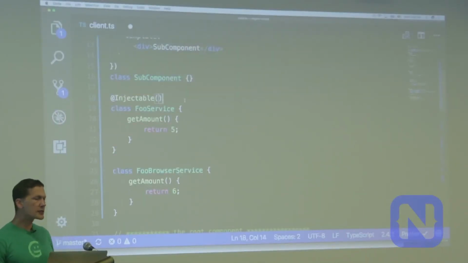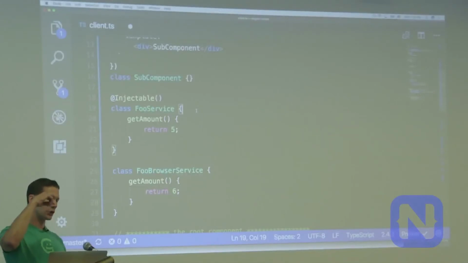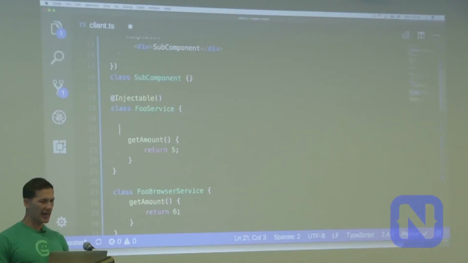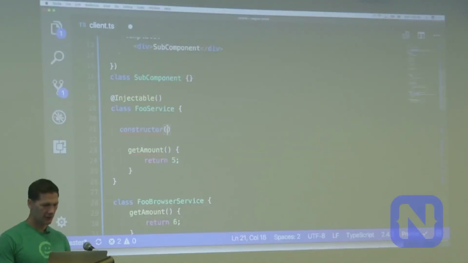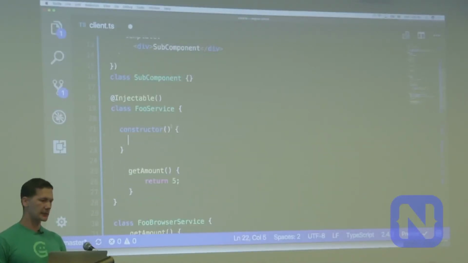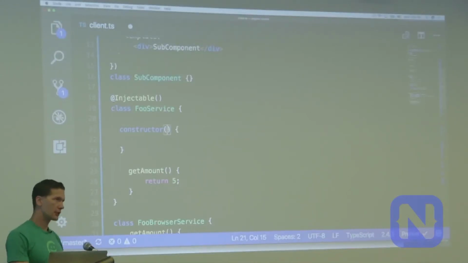The reason it's not needed is that what that does is enable the injector to work at another level down. So if I had a constructor here and I injected something else here, then I would need the injectable, because it's for the next things down on the DI tree, the dependency tree.